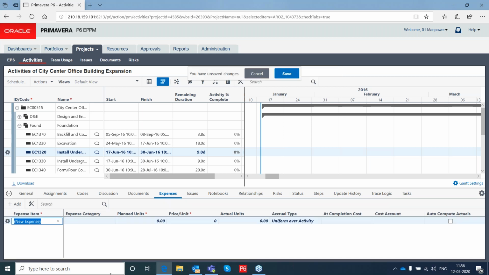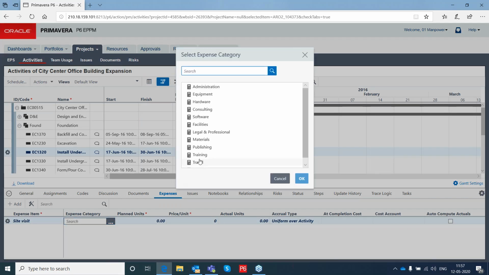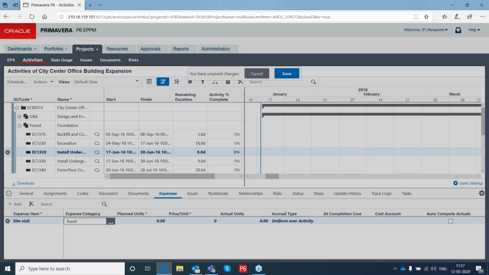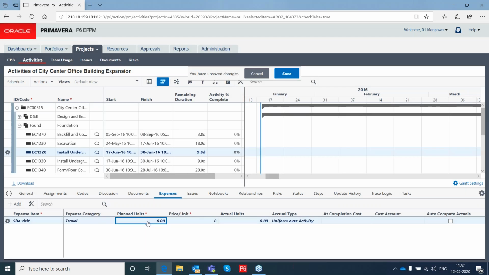Let's say I'll add an expense item now. Okay. Planned unit 4, price per unit 1500.